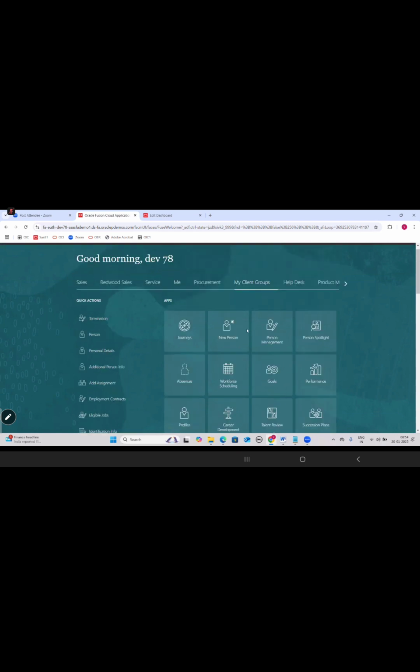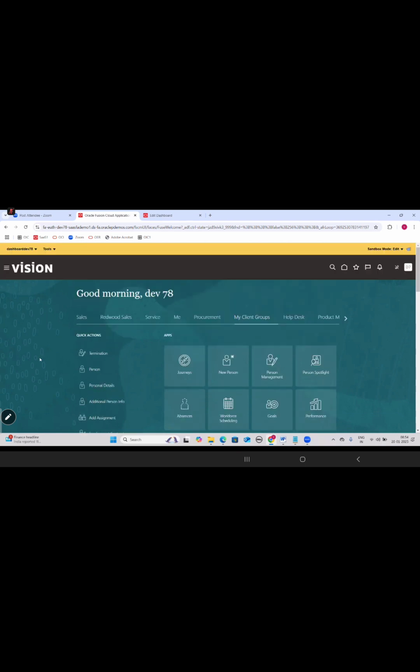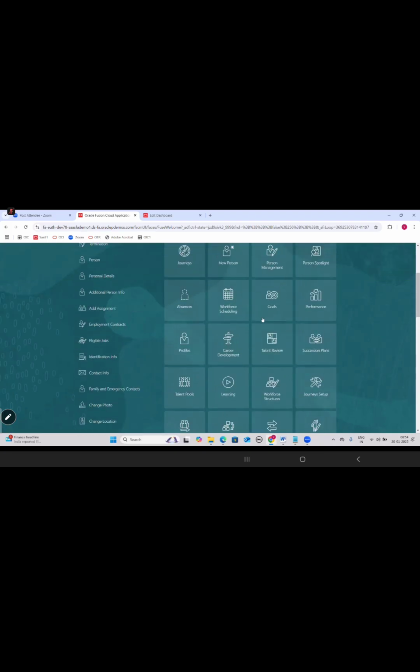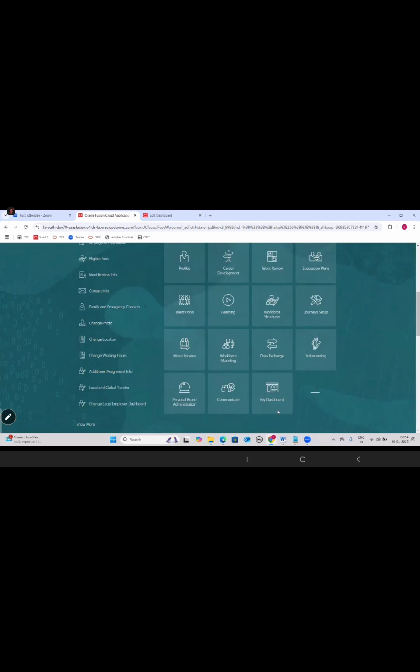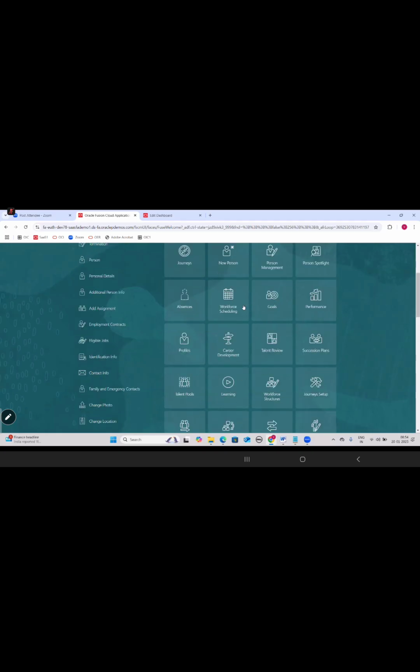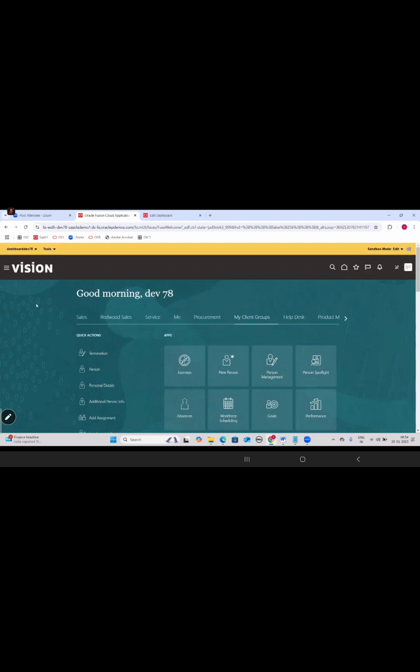Okay. So now guys, last step, what we need to do. Once we have done the changes, this will be applicable only for the Dev 78 user. This dashboard is applicable only for the Dev 78 user. That means whatever OTBI report we have added to the home page, we can see the changes only for the Dev 78 user. If the changes we have done should be applicable for the entire application, all users,